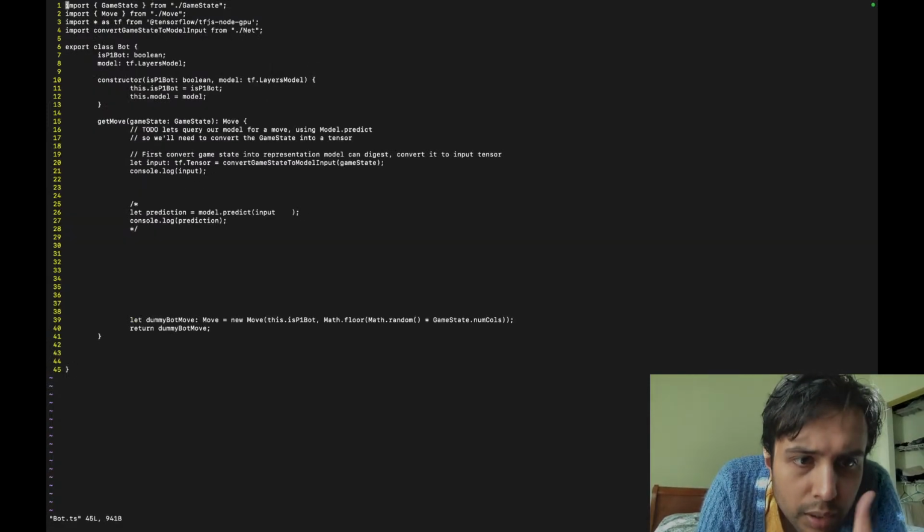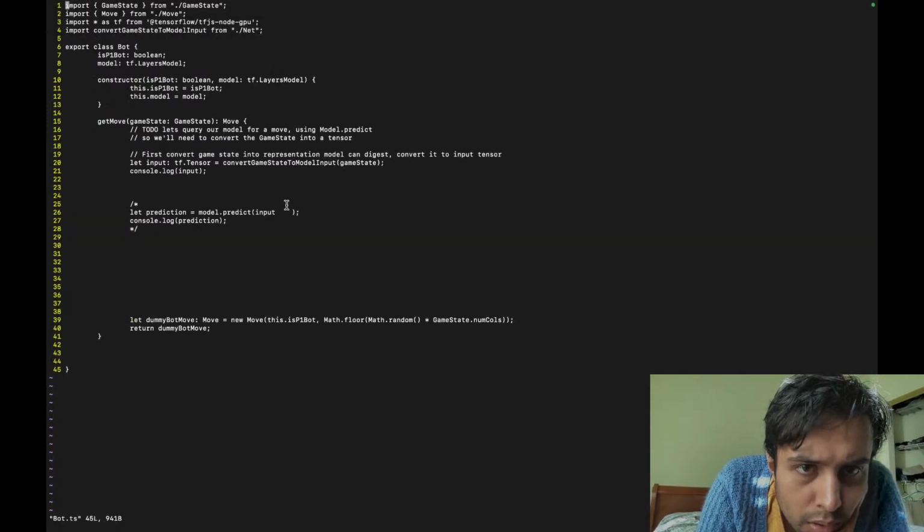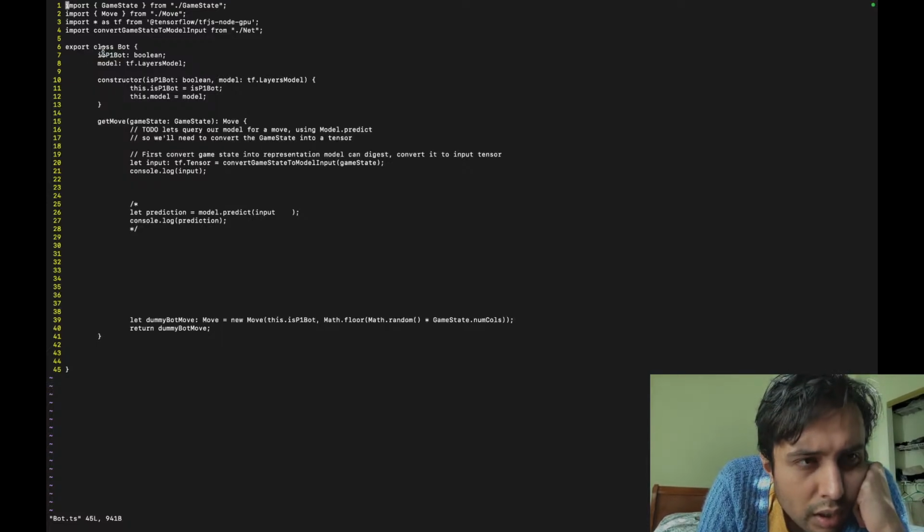Wait, doesn't that mean that for this one we don't really care? Then we don't really need to pass in this input, right? Is P1 bot. The bot doesn't really, this becomes a bit redundant, right?